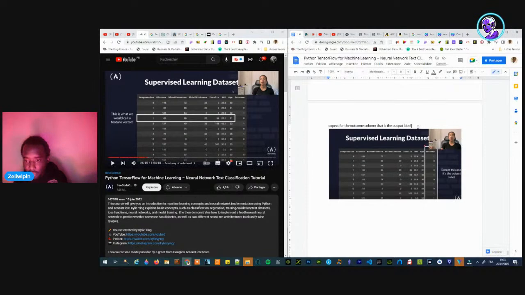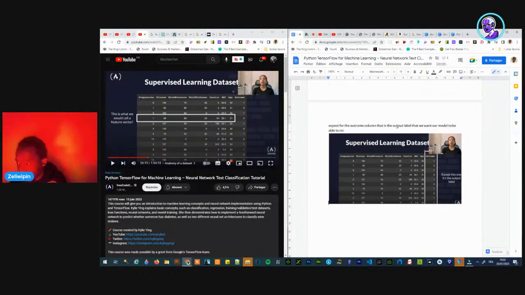It's the output label that we want our model to be able to recognize.